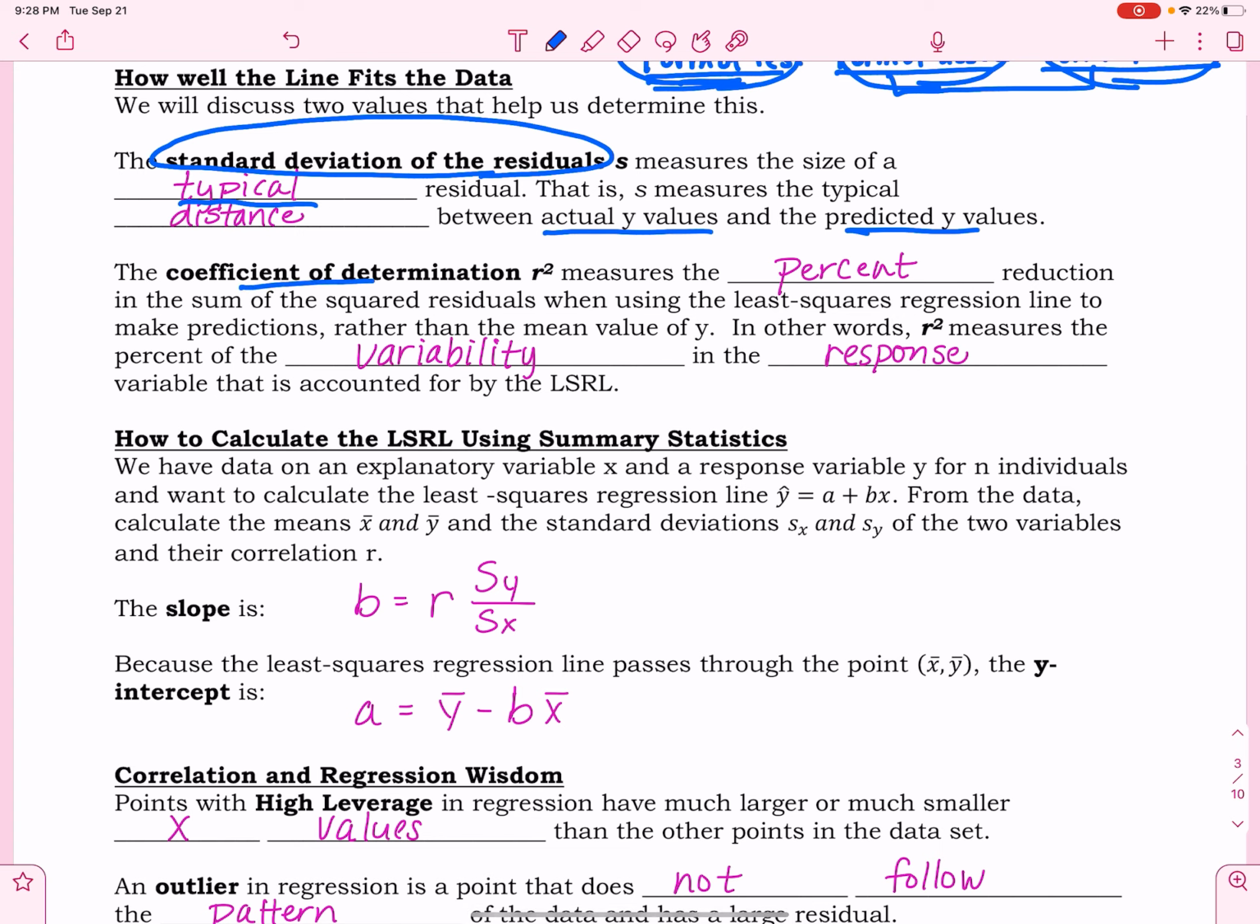Another value that helps us understand our linear regression a little better is the coefficient of determination, or R squared. It measures the percent of reduction in the sum. So in other words, it tells us about variability in the response based on the relationship between the response and the explanatory variable. A lot of the stuff I'm talking about will make more sense when I go to an example. All right,